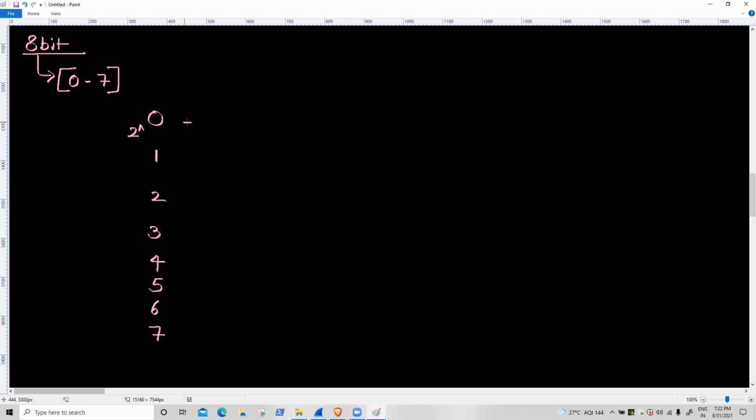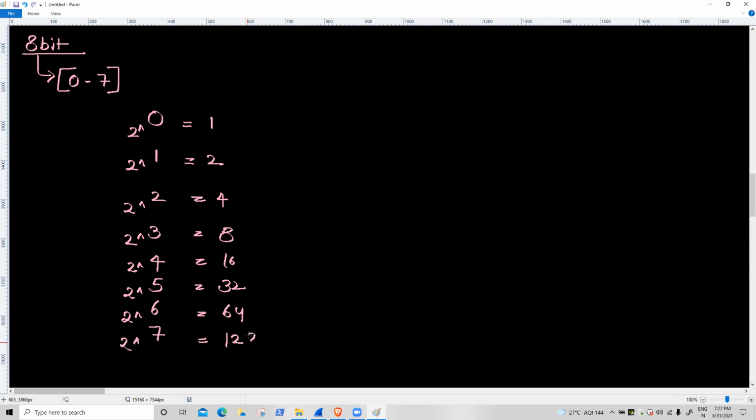If I put 2 power 0, that means 1. 2 power 1, 2. 2 power 2, 4. 2 power 3, how many? 8. 2 power 4, 16. 2 power 5, 32. 2 power 6, 64. And 2 power 7, how many values?